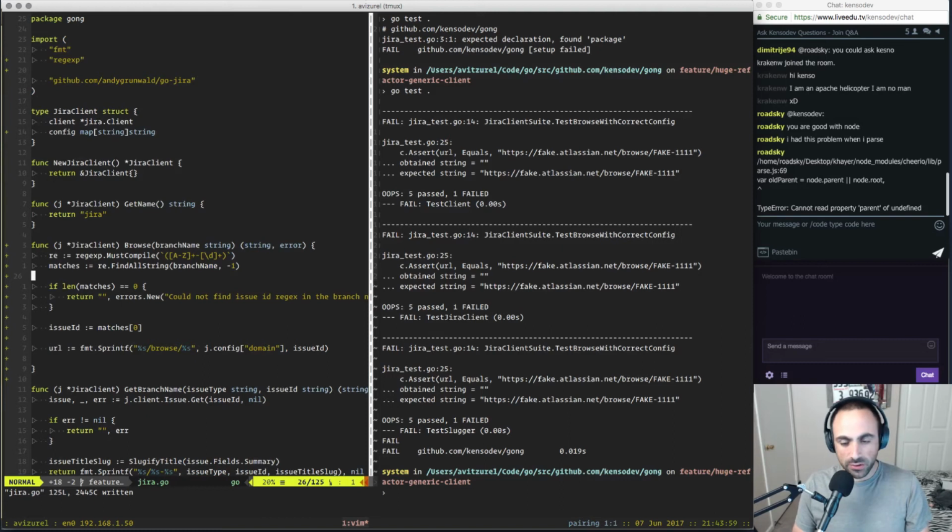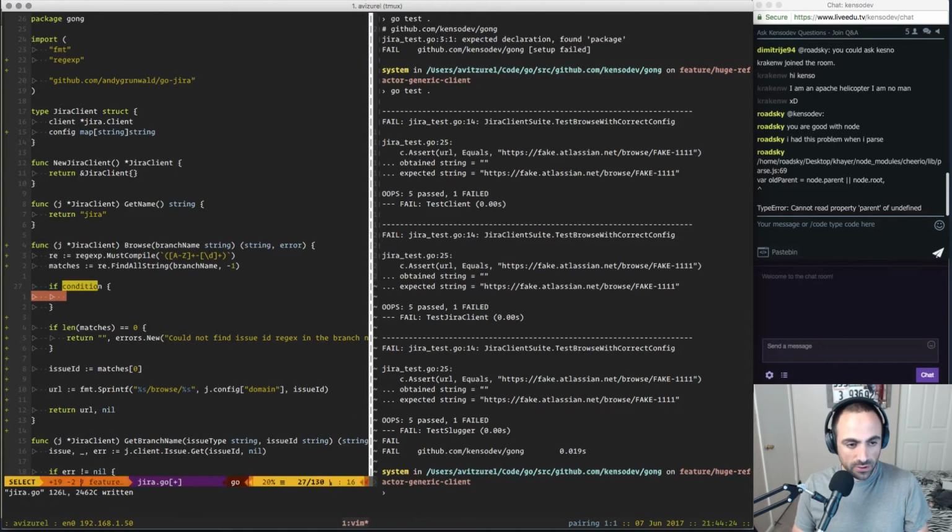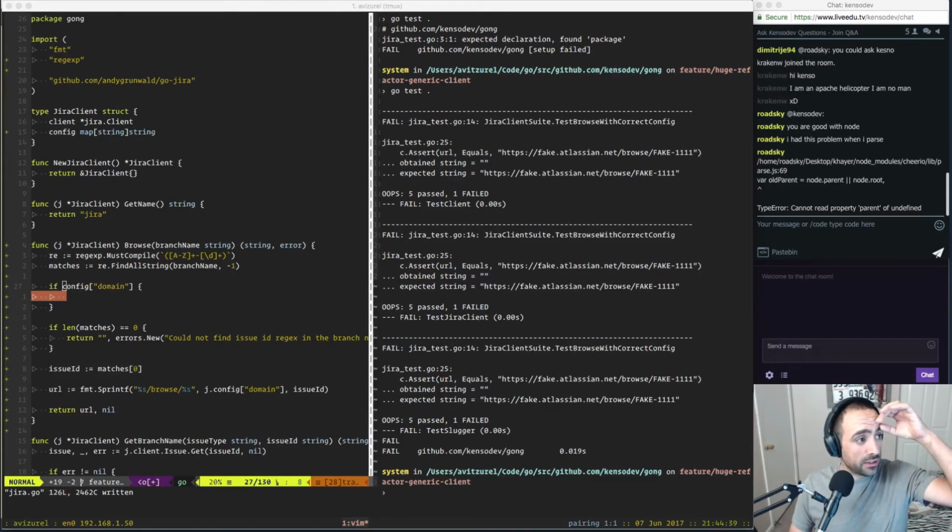right? And one other thing that we need to check. Wait, don't we need to return? Oh, okay. Yeah, don't we need to return the URL? We do. So we are going to return a URL and nil. Right? One more thing that we need to check here is that if config domain, right? Check map has key Golang. So what I want to check is that